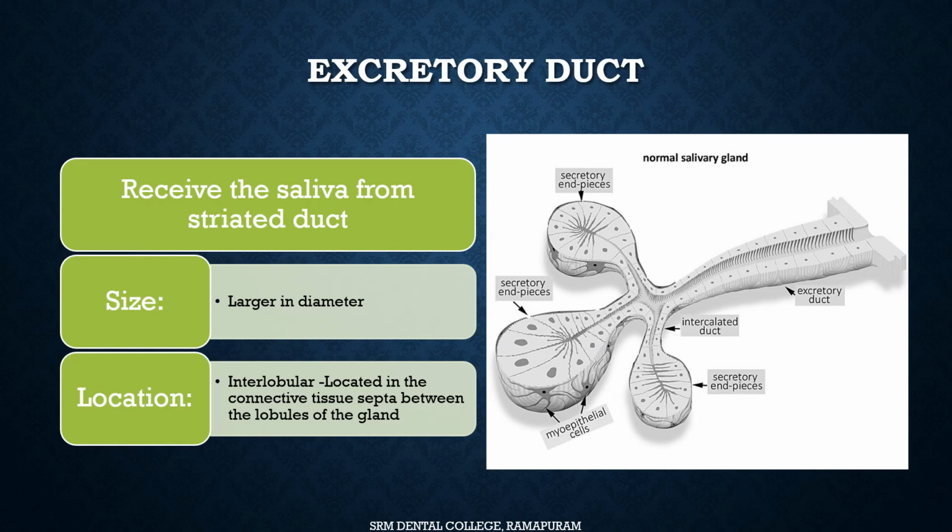Coming to your terminal excretory duct, your excretory duct receives saliva from your striated duct. So, saliva that is produced in your acini moves from the acini to your intercalated duct. From the intercalated duct, it moves to your striated duct, and from the striated duct, it finally moves on to your excretory duct. The size of this duct is larger when compared to your striated duct, and it is located in the interlobular location. That is, it is located in the connective tissue septa between the lobules of your salivary